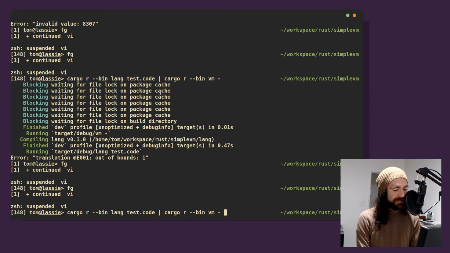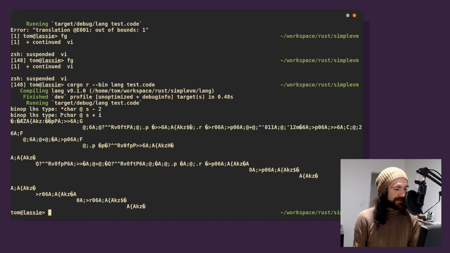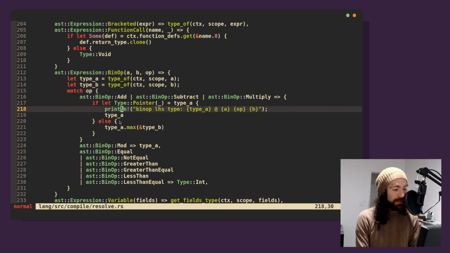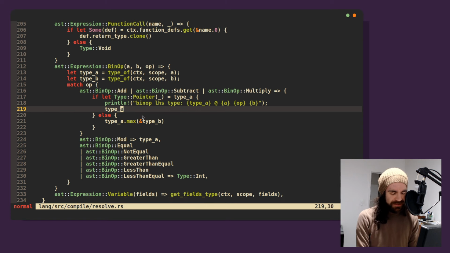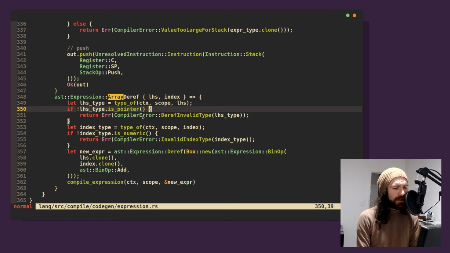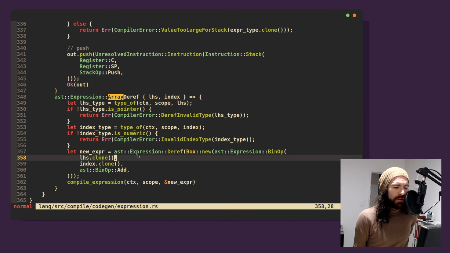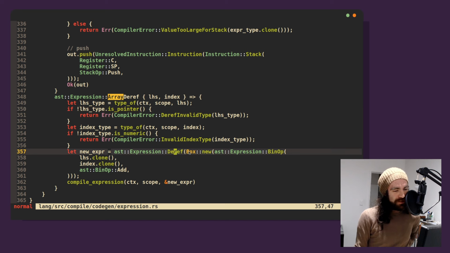I'm gonna add this little silly print back in. I actually think this is kind of useful. This is probably the best way to inspect what's happening at this exact moment. And the left-hand type is pointer to car. So what's going on? The type of this thing is a pointer to a car. It just is. So our deref expression is somehow not treating this correctly.